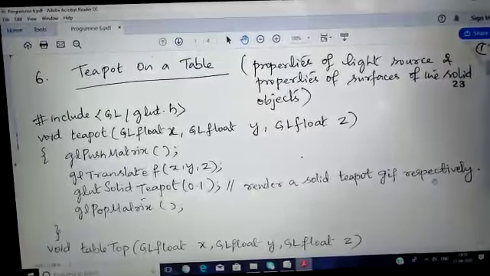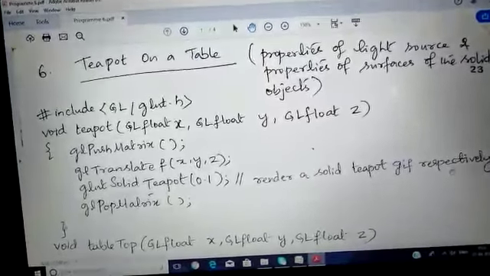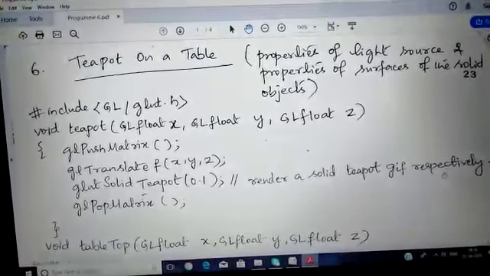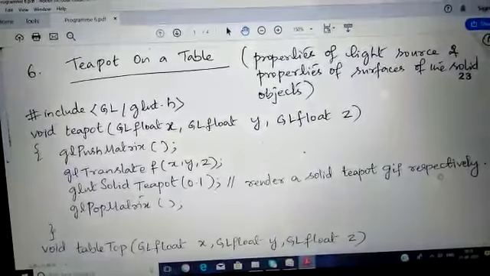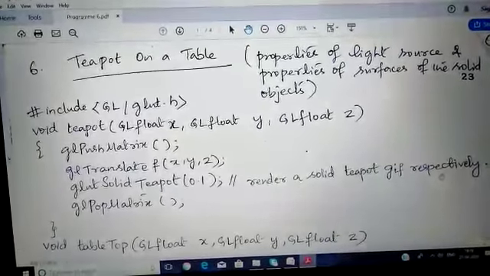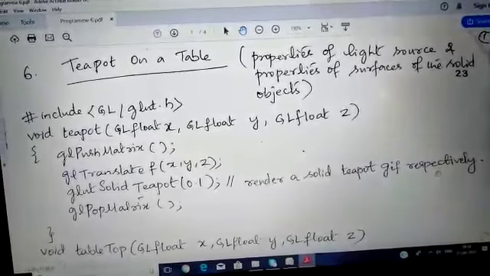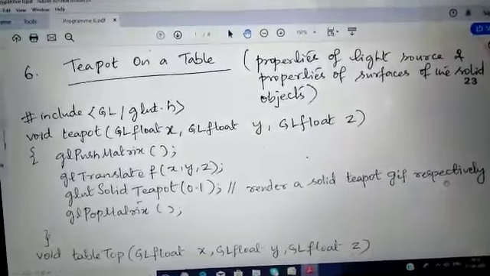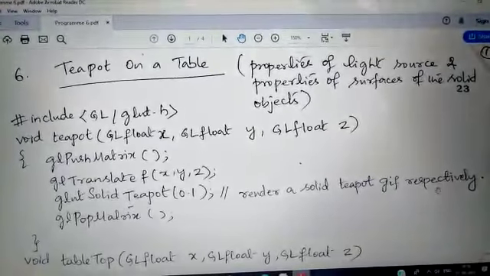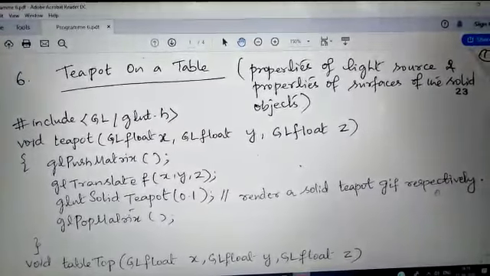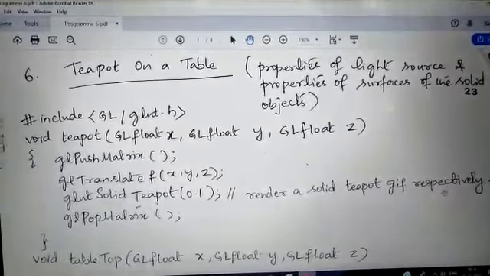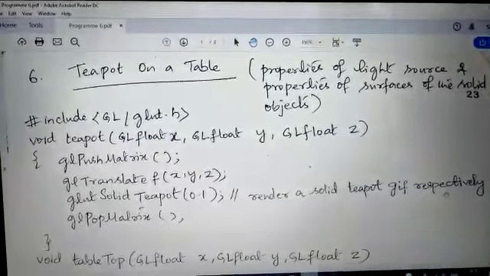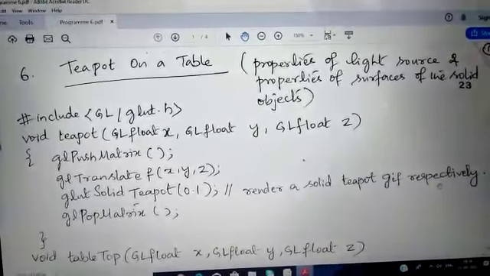Let's start with the header files. You can see #include <GL/glut.h>. We are starting from there. Then we have used the teapot routine. So the algorithm goes like this. First we start with the function glutSolidCube to draw the wall and the table, and then the second step is to use the same function to draw 4 cubes and scale them in the downward direction to make them look like table legs. And the third step is glutSolidTeapot, which is used to draw the teapot.